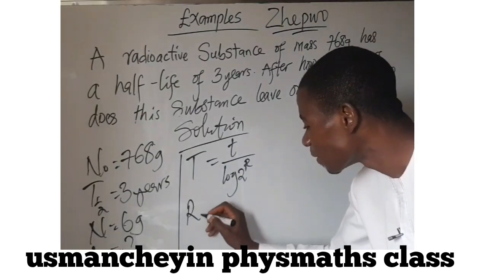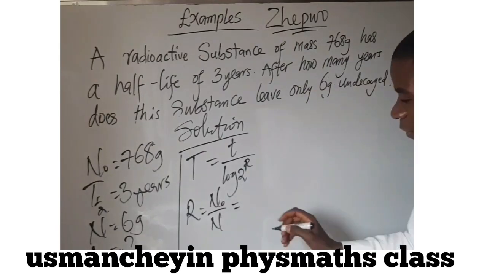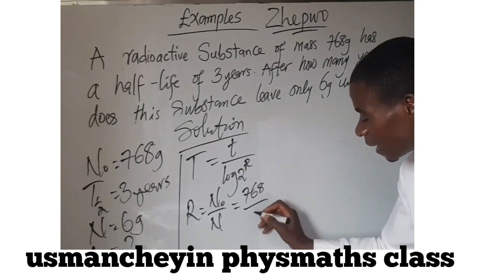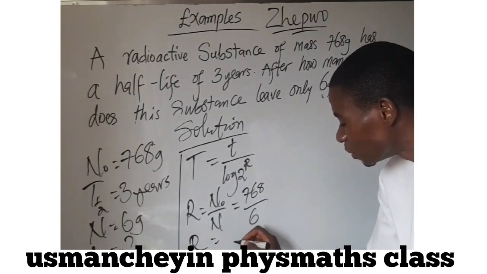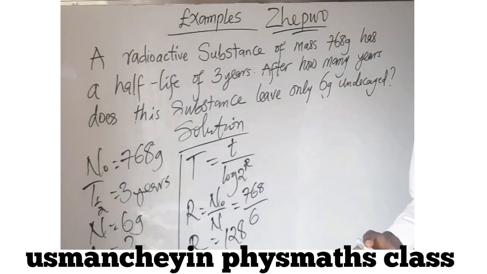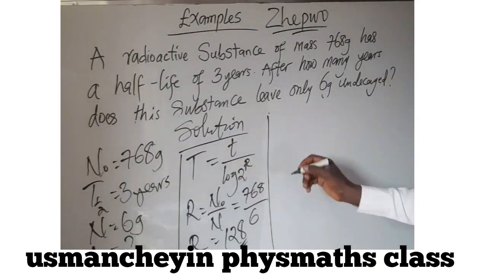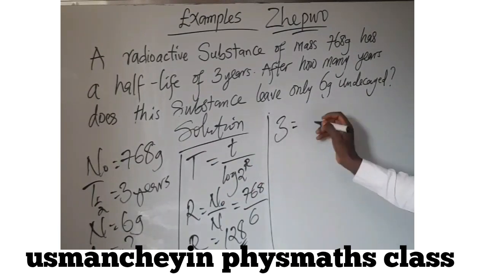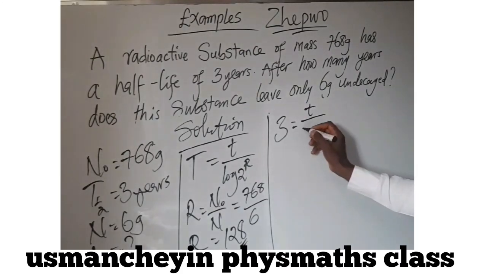So we can now have R is equal to N naught over N, and this is equal to 768 over 6. So our R will just be equal to 128. If that is true, we can now use the formula straight. T, which is the half-life, is 3, equal to small t, that's what we are calculating, all over